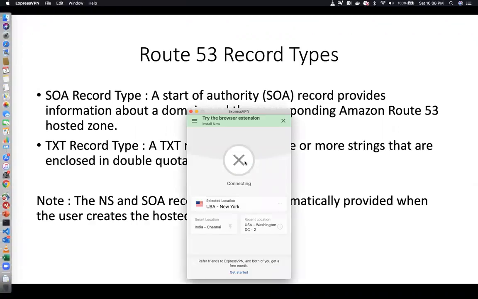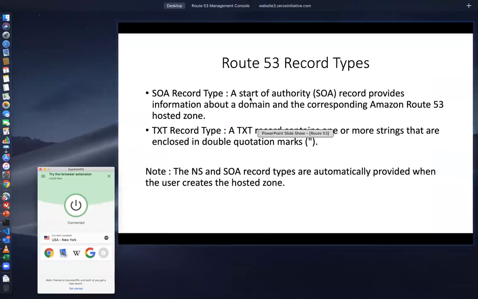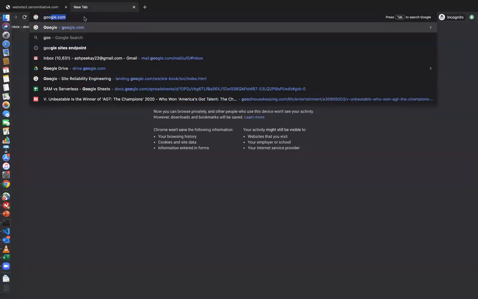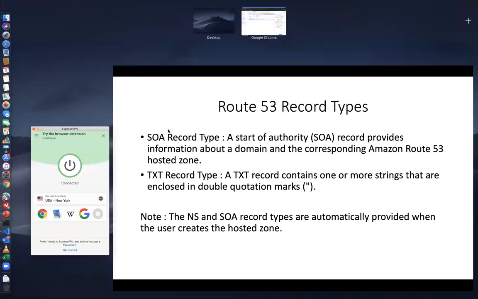But then we also have our ExpressVPN. Let's go ahead and again connect to New York. Cool. So we are connected to New York. Let me just open up Google and see if things are fine. Yep, things are fine. Let's go ahead and refresh this. Cool. Now it goes to Northern Virginia, because obviously the latency from New York to Northern Virginia is much lesser than from New York to Mumbai, right? Because we are right now in New York. That's how our VPN shows us, right? So again, even the latency routing policy works pretty fine. So let me go ahead and switch off the VPN again.